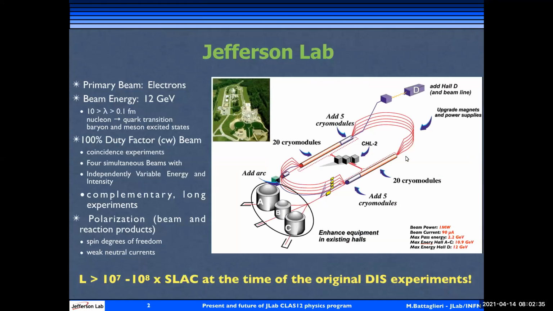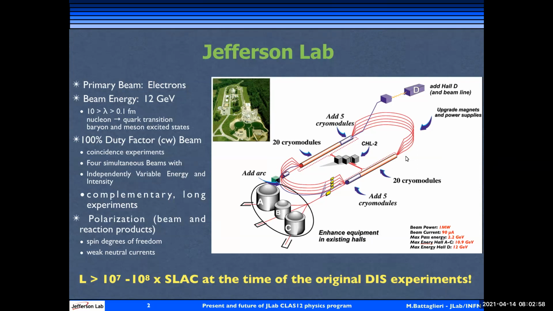This is the primary electron beam, up to 12 GeV. In this region, lambda, the wavelength of the electron or the virtual photon that is exchanged, goes in the region between the nucleon and the quark transition. So this is exactly the energy that you want to have to map out the degree of freedom transition between